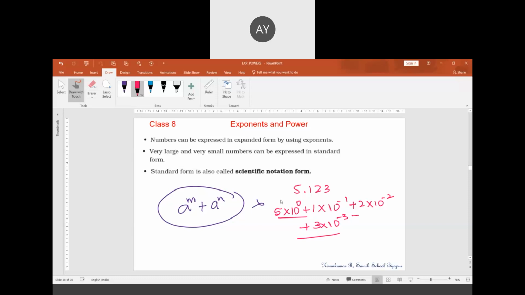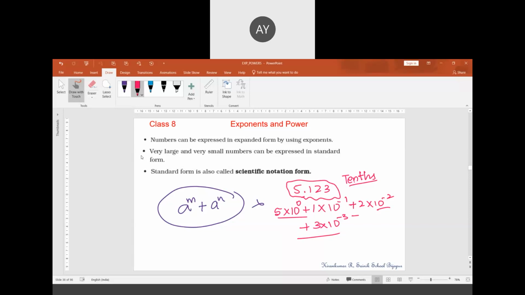I don't remember. Yes, sir. But it was in positive value, sir. Oh, is it? As I remember, sir, it was there in the decimal chapter. Yes, sir. Instead of writing 10 to the power minus 1, we were writing 1 by 10, sir. And we had named this 10 to the power of minus 1 as tenths. This is hundredths. This is thousandths.